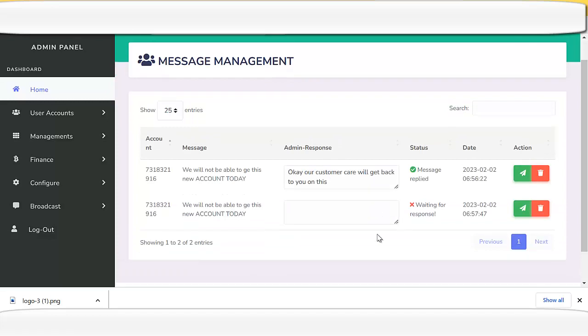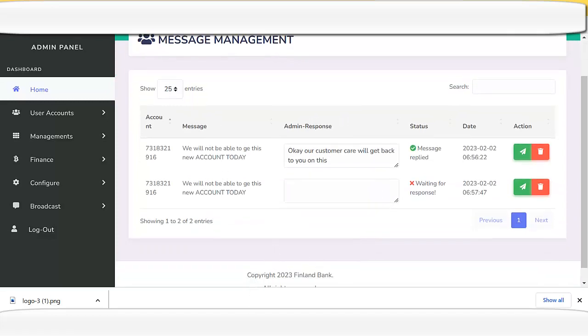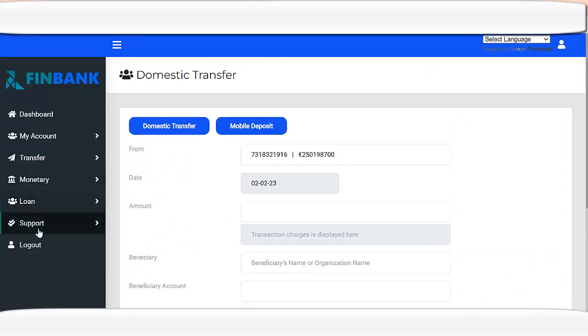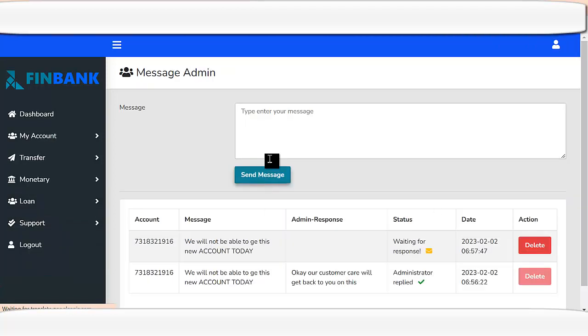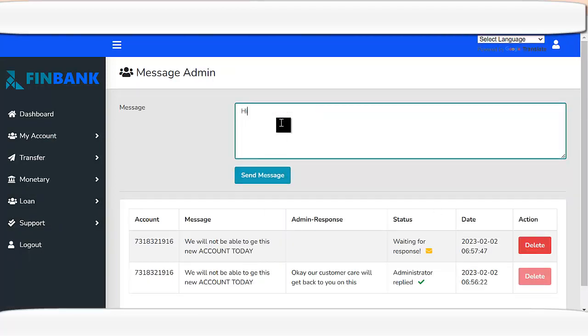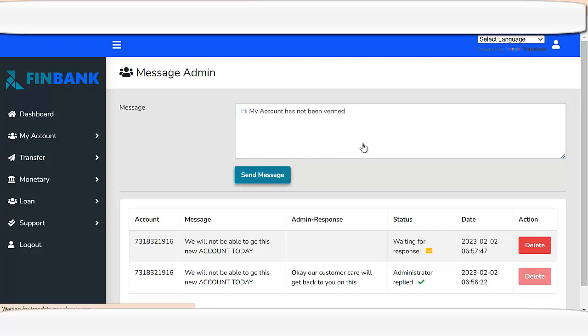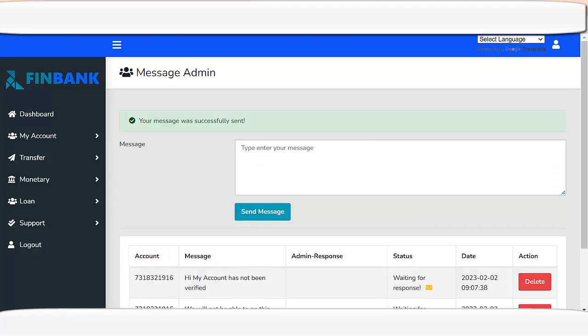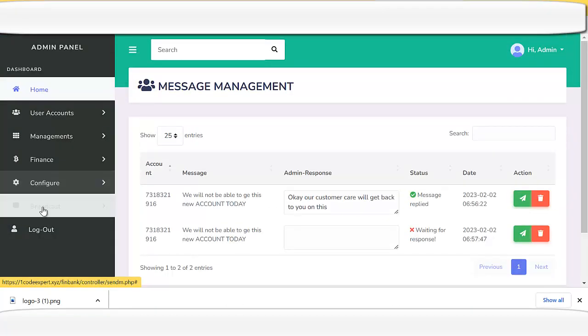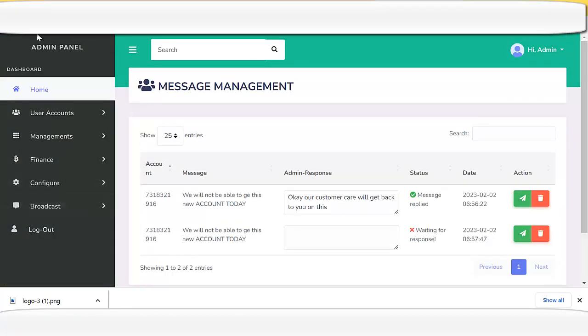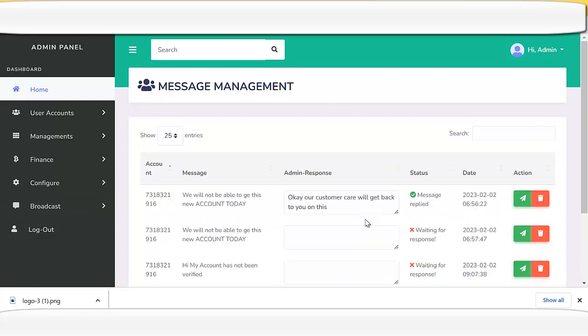So it means that from the user end, let's go back to support. From support, I can do message, and users can send message to admin. Hi, my account has not been verified. So you can send message, and then send that message. If we go back to message center, we are going to see